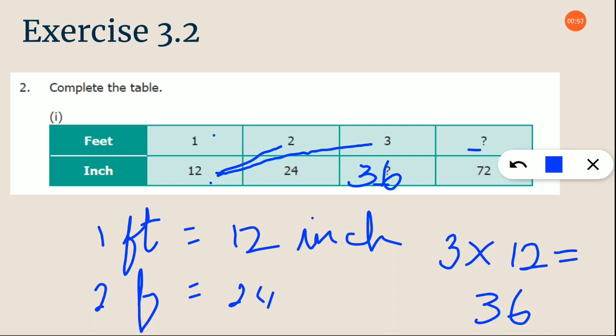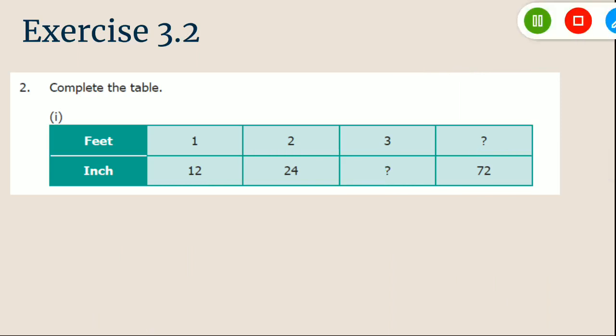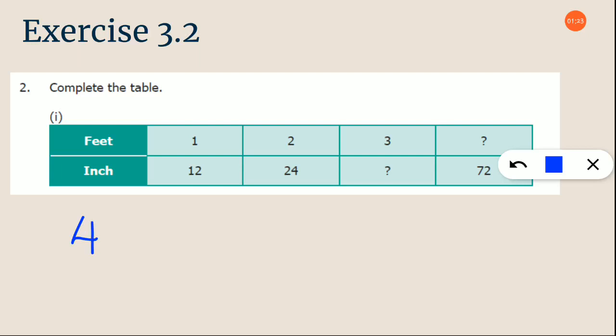Okay. And next they have given you the value in inches. So 72 inches means how many feet? How will you find that out? You have to continuously check how much 4 feet will be, 5 feet, and then 6 feet. You have to find it like that. So let us solve. Now 4 feet is equal to, let me clear and do it again. So 4 feet means 4 into 12, which will give us 48. So 72 is not satisfied. So let us check with the next number.